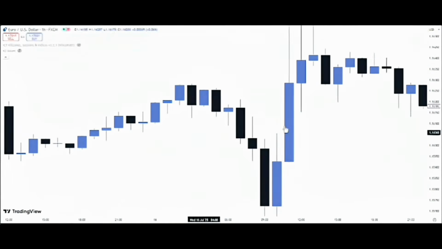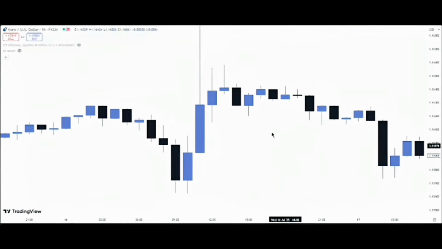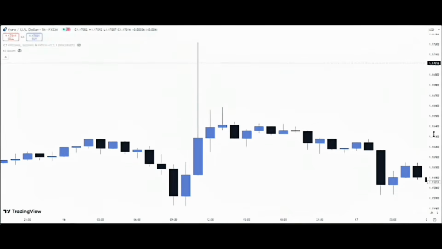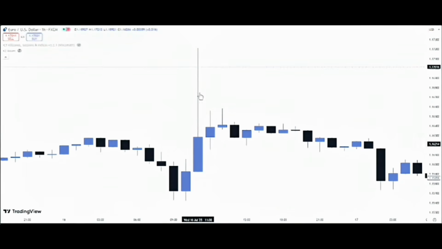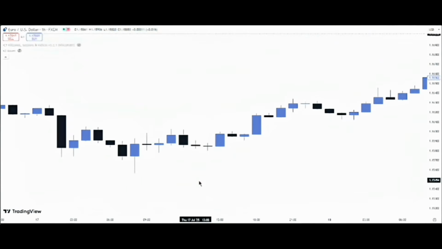We can go on and on, and you'll find it everywhere on the chart. The candle wicks tell you a story. Look at this massive candle wick here. Look at the size of this candle wick compared to the body. You clearly notice that the wick is greater than the body. And what does that tell you? That tells you that price will start going down, at least down to the level of breaking this low. And that is what happened here. Can you see the price? Even though it looked as if it was ranging, it eventually went down. Can you see that? So that is the way for you to know how to use these candlesticks